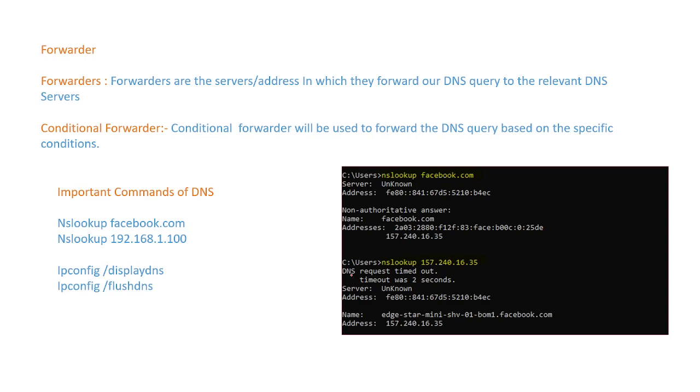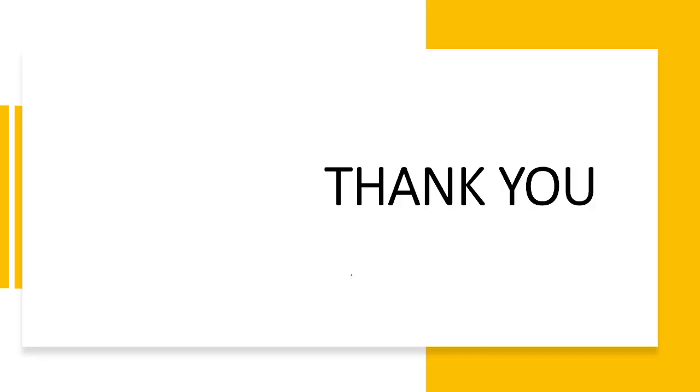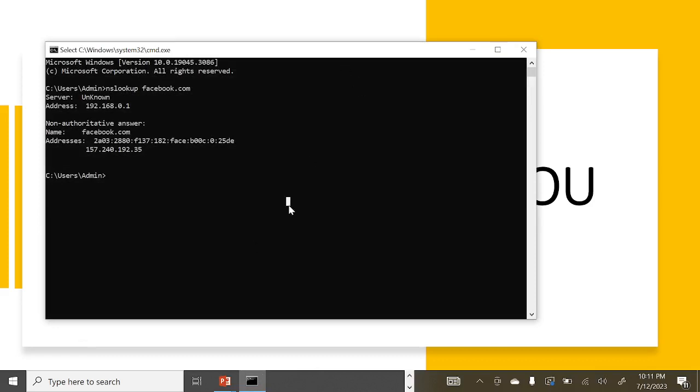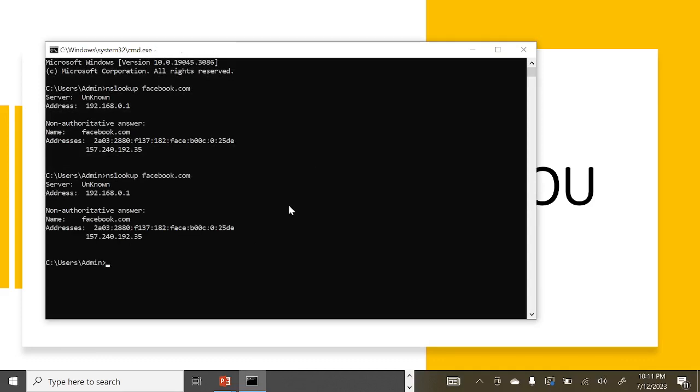Okay. And some of the important commands like nslookup facebook.com for forward lookup, nslookup IP address for reverse lookup, and ipconfig /displaydns and /flushdns. So these are a couple of the IP commands. Let me show you nslookup. Sorry, yeah, nslookup facebook.com. This is my forward lookup. nslookup